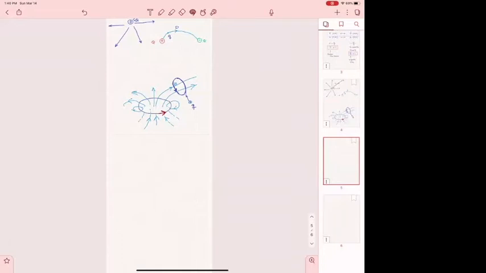Okay, I think so. H is basically the perpendicular direction in which the magnetic density B